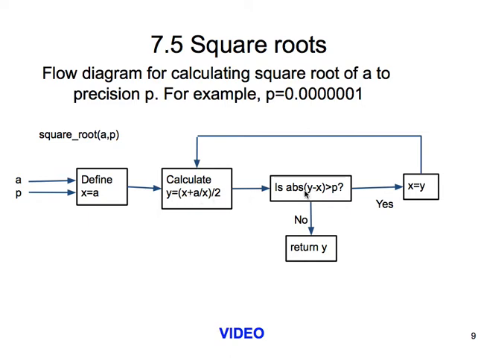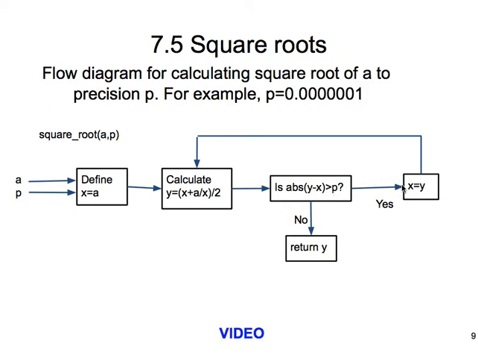And again, it's going to check: is the absolute value of this new y minus x, which was the old y over here, greater than p? And so what happens is y and x are going to get closer and closer to each other,